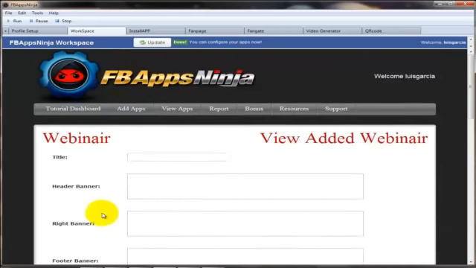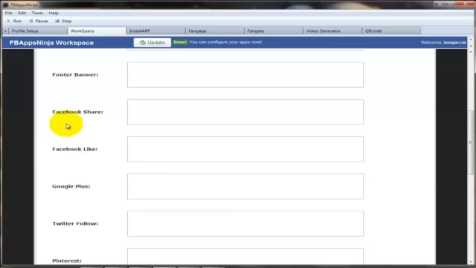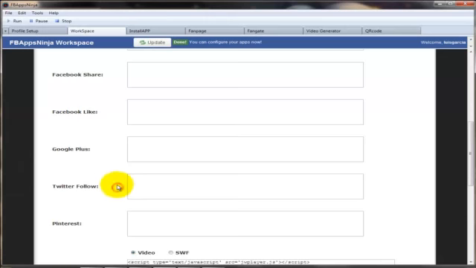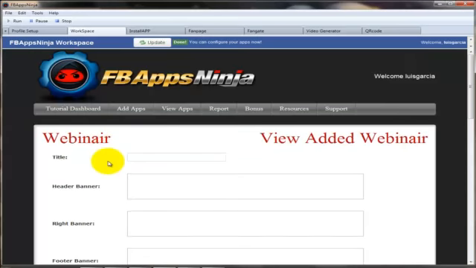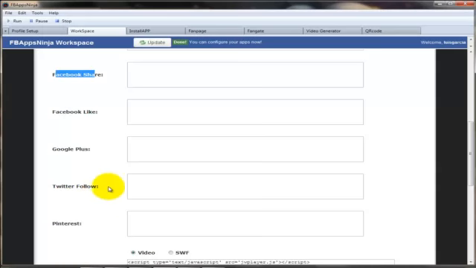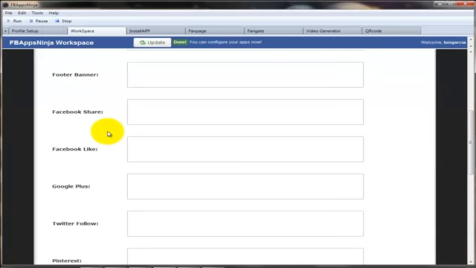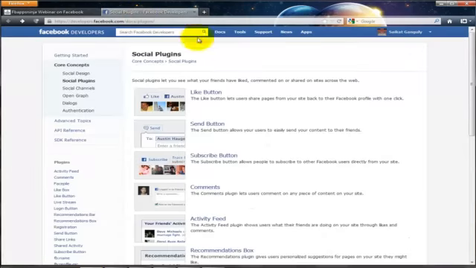After you click submit, once again you click on update, so the information you just populated within these components can update into the system. Give it a moment to render, and when it's done rendering, we can come back and fill out the social stuff, such as the Facebook share, the Facebook like, the Google Plus, the Twitter follower, and all that. The reason you have to click submit and update first before you fill out the Facebook, Google, Twitter and Pinterest fields is because in the Facebook developers social plugins webpage, which I have here,